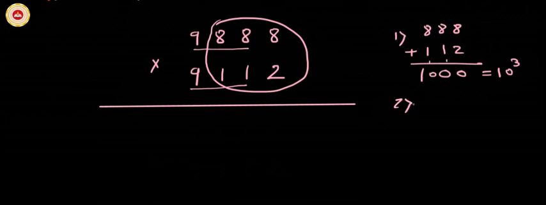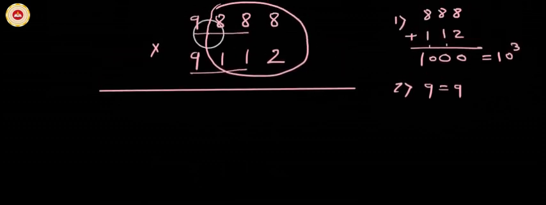What is second condition? Remaining higher place digits in both numbers should be identical. Yes, second condition satisfies here. There is 9 in the multiplicand in thousands place, and there is 9 in multiplier in thousands place. So second condition is fulfilled. So let us apply Antayor Dashakepi Sutra for the multiplication of these two given numbers. Let us separate by drawing a slash right part and left part. This is right part and this is left part.